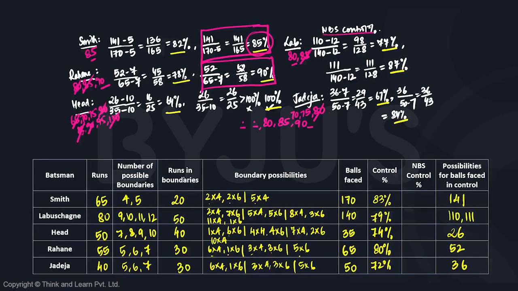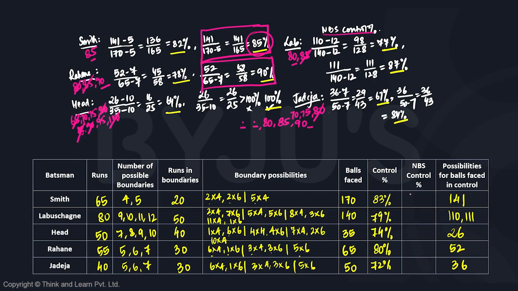For Lab, it's the range between 77 and 87, so we don't know precisely what number to subtract. For Jadeja as well, we don't know precisely. For Head, we are going to have between 64 and 100. It could be 70, 75 or 95. So if we talk about the NBS percentage control,